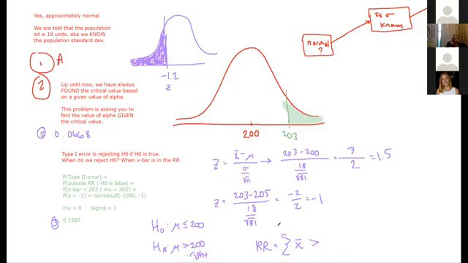Okay, thank you. Okay, going now on to number 4. Calculate the power of the test if the population mean is 203. The nice thing is